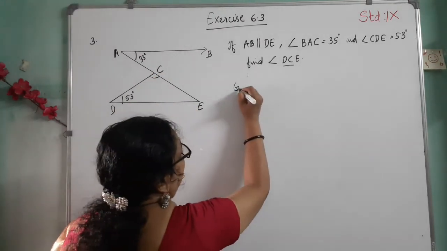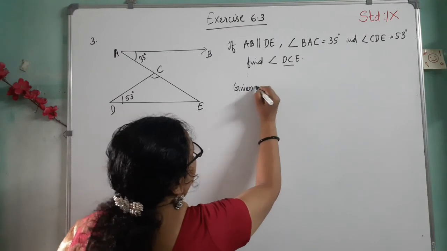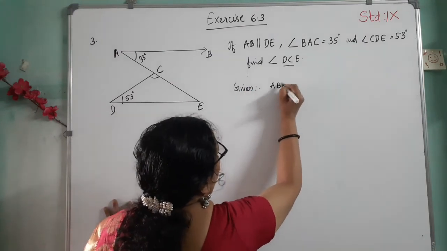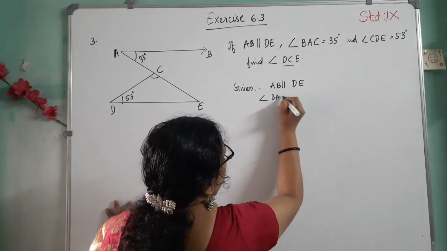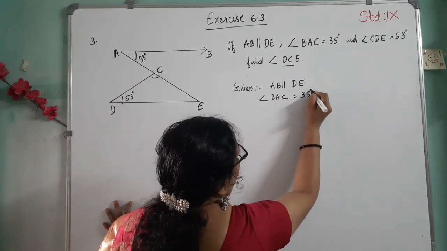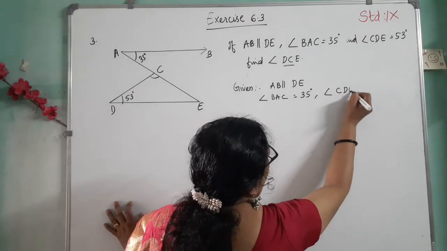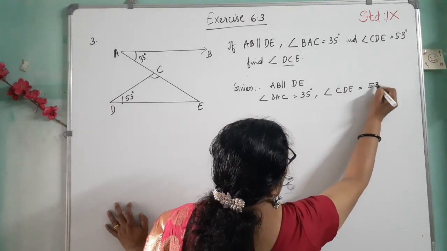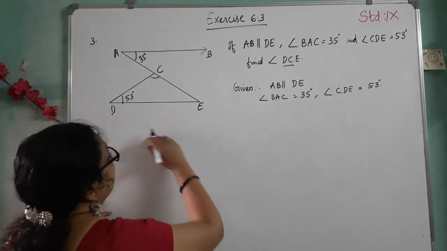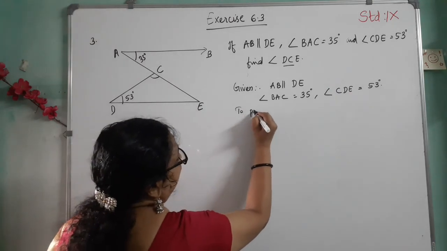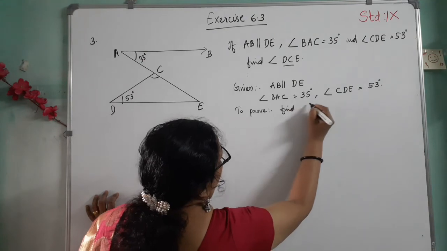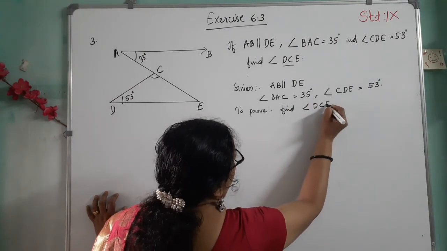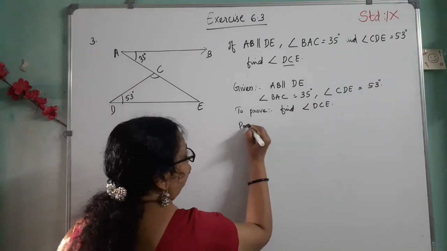So first, whatever is given: AB parallel to DE, then angle BAC equal to 35 degrees, angle CDE equal to 53 degrees. Then to prove, find angle DCE. Then proof,